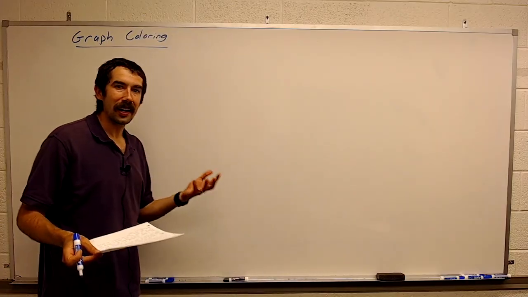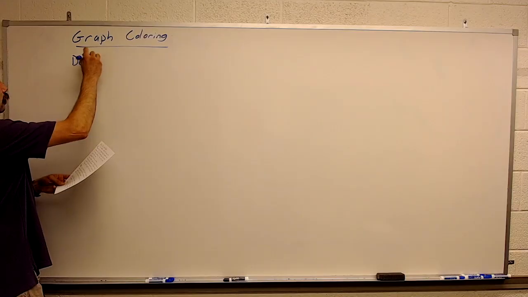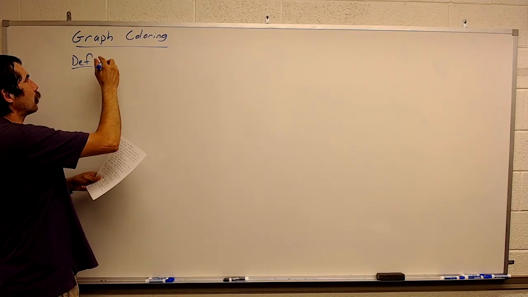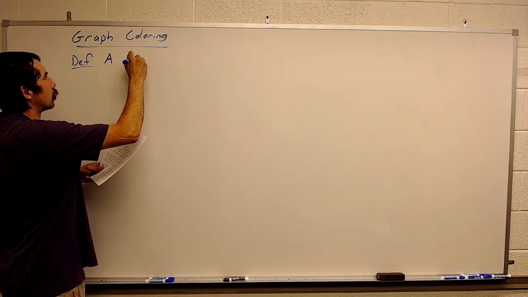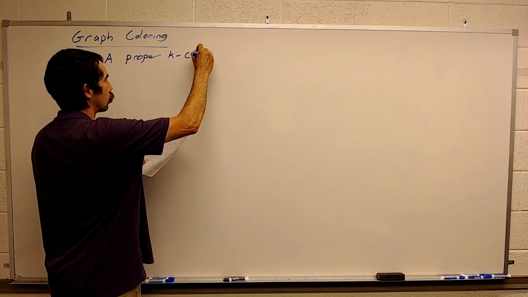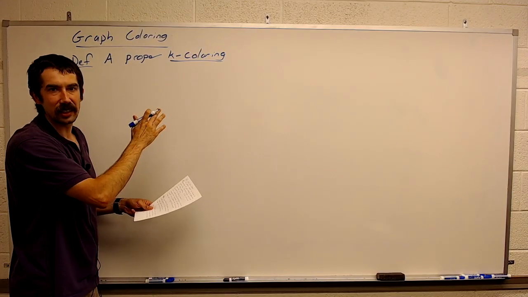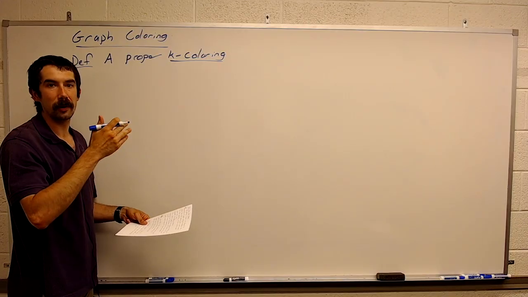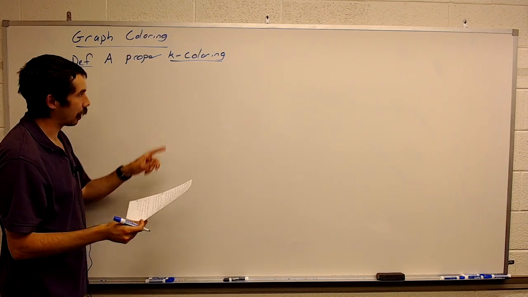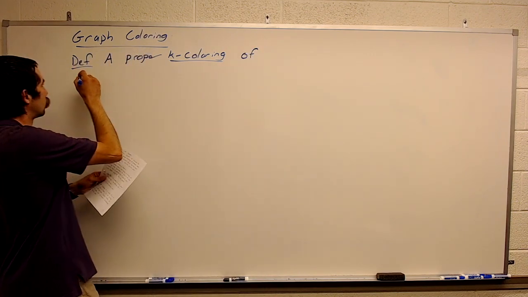All right, so what is a graph coloring? Let's start with the definition. A proper K coloring. All right, so K here is representing just a whole number. So this could be like a proper 3 coloring or a proper 5 coloring. Okay, a proper K coloring of a graph G